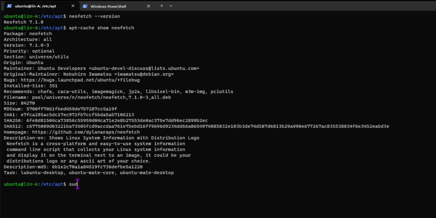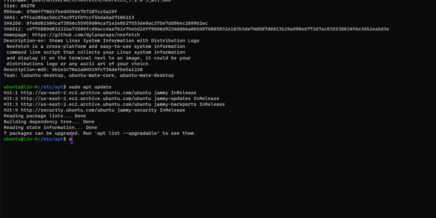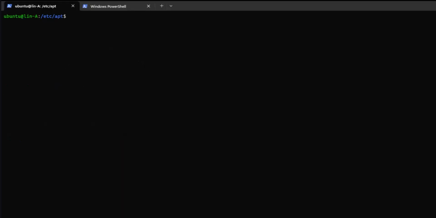And now we'll do sudo apt update. Make sure everything's up to date in the repositories we have on file. And if you see now, we show some updates pending, so we're going to do sudo apt upgrade -y. So in Windows systems, you have